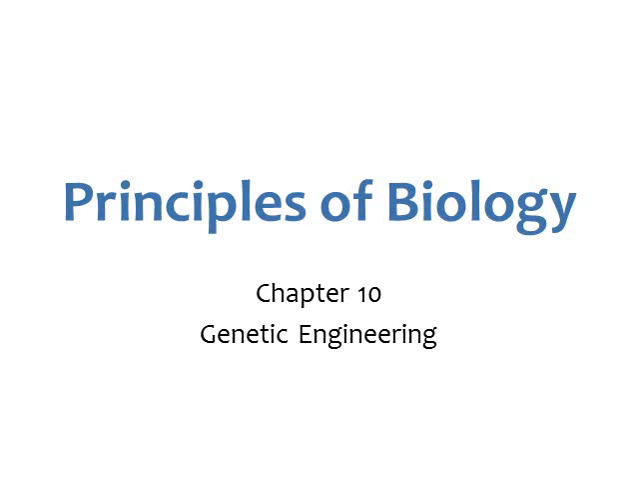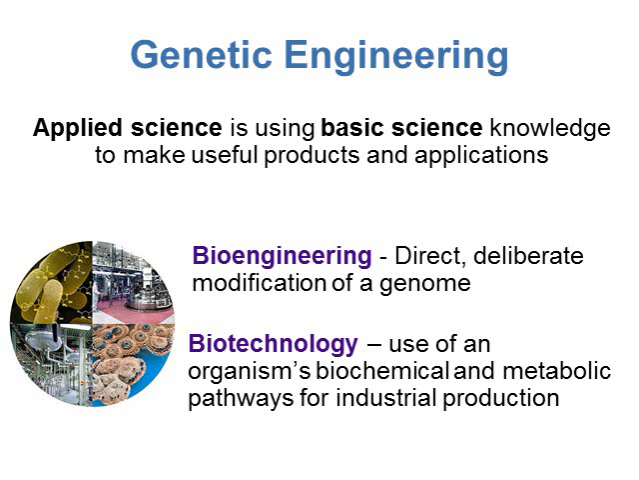This is part 1 of 2 on Chapter 10, Genetic Engineering. In this part of the chapter, we're going to look at different tools of genetic engineering, and then in the second part, we're going to actually use those tools to see what we can do with the different tools and techniques that we have. So genetic engineering, it's a type of applied science, and applied science is just using basic science